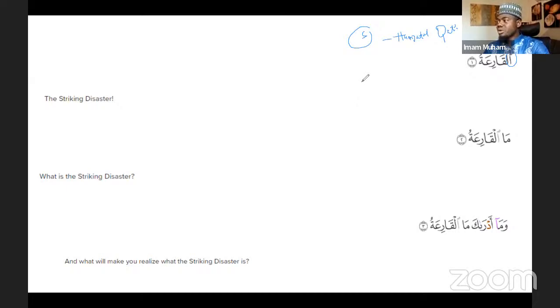And so hamzatul wasli will always be like this, guys. It's pretty amazing to learn this. It's not going to be like this in the Quran; it's going to be written this way. Whenever it's in the beginning of the word, we pronounce it. But whenever it's in the middle of a recitation or in the middle of a word, we don't pronounce this alif al-wasli or hamzat al-wasli. But there are 3 rules to determine what sound you are going to pronounce it with when you read the Quran: a fatha, a kasra, or a dumma. There are rules that we've learned in this lesson.